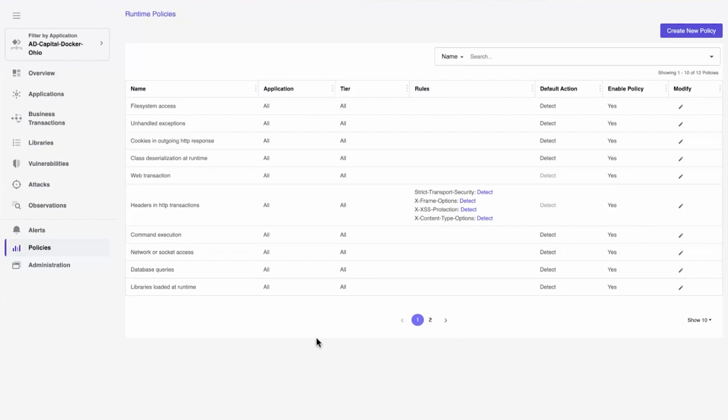Here we are, okay? So now secure application ships with some standard policies like these, right? And all those are set to detect. The reason is this one size may not fit all when it comes to blocking and detection. What may be the wrong behavior, incorrect behavior for one application may not necessarily be an incorrect behavior, right? Maybe your application, there is a genuine required need for it to connect to some resource outside of your network, right? Now that's a need, the requirement for your application, but for some other application that may not be the